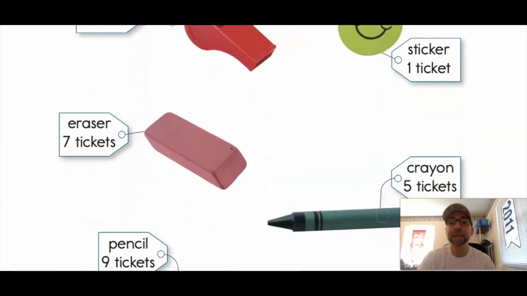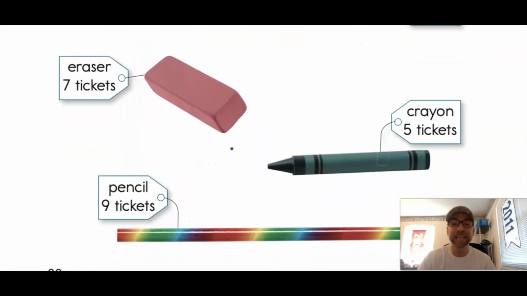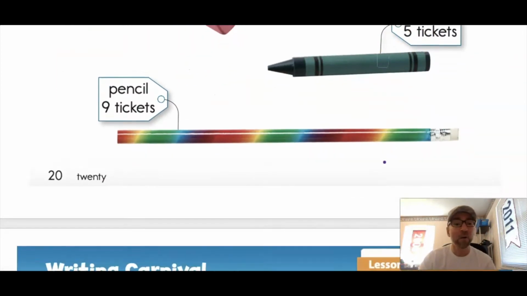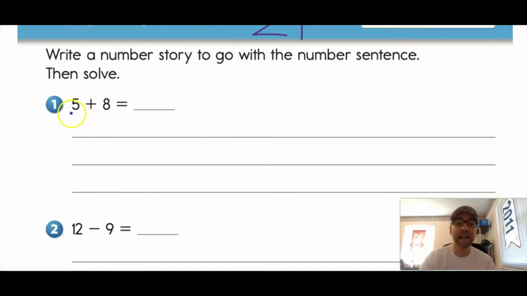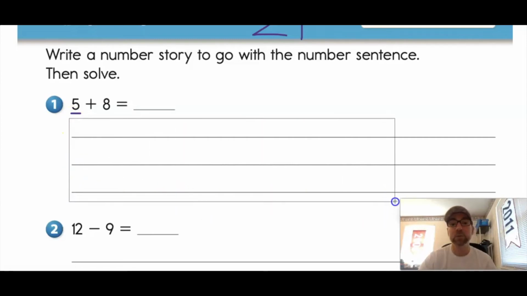Oh, I see some hands up. 5 tickets is our crayon. The crayon is worth 5 tickets. So I'm going to start my number story by saying that I bought a crayon because the crayon is worth 5 tickets. So you are going to need to get your pencil ready here because we're going to start to